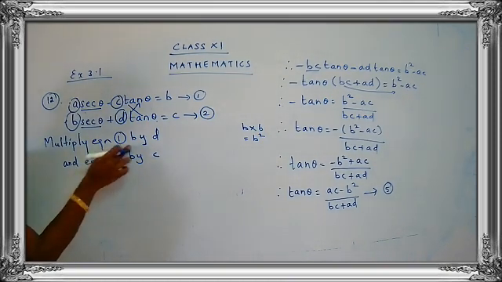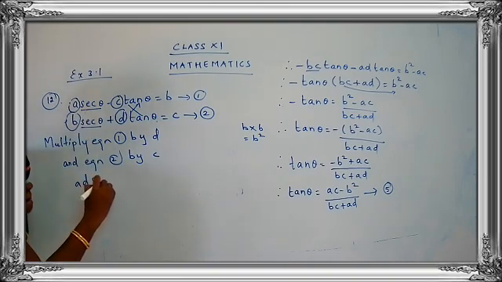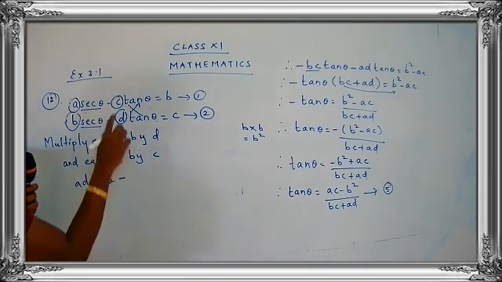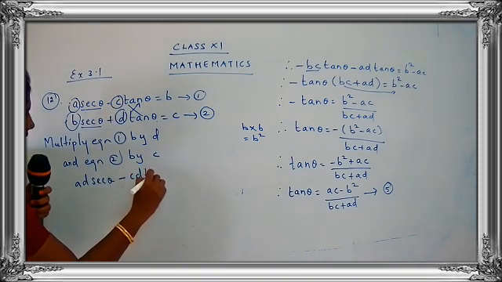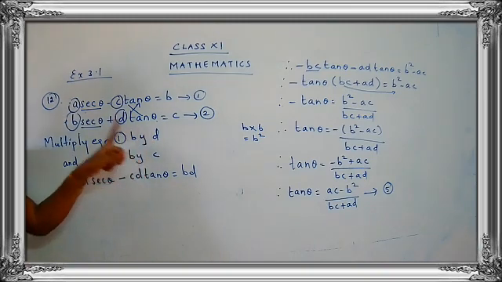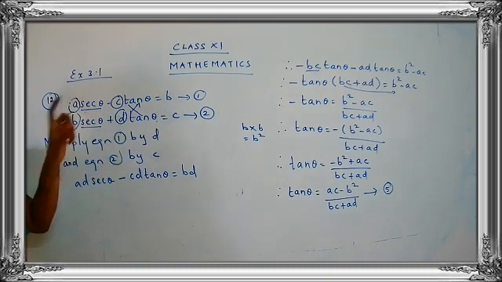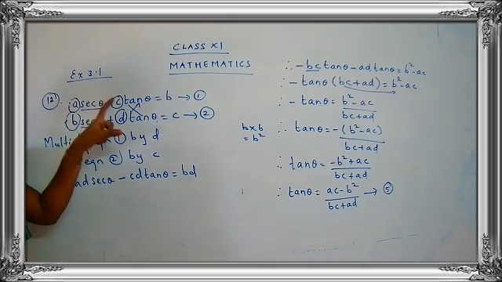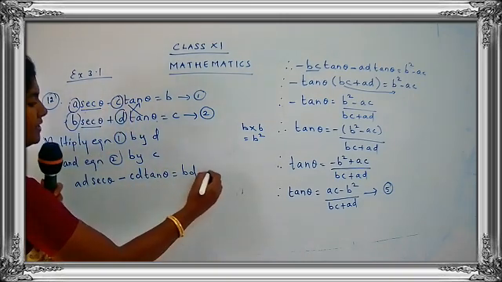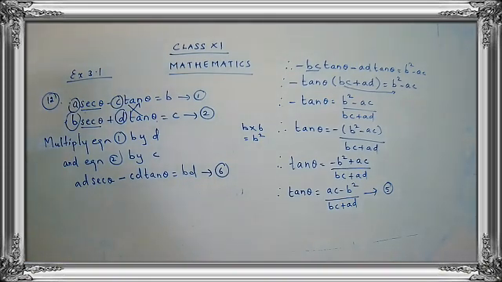So the first equation is multiplied by D. So what do I get here? AD sec theta minus CD tan theta is equal to BD. Very simple thing. Yes, just multiply by D. So AD sec theta minus CD tan theta is equal to BD. So you have to multiply by D to each and every term. Okay, I'll give this as number 6. Already I have used 5 earlier, children. So I'll put this as 6. Let's go for the next one.